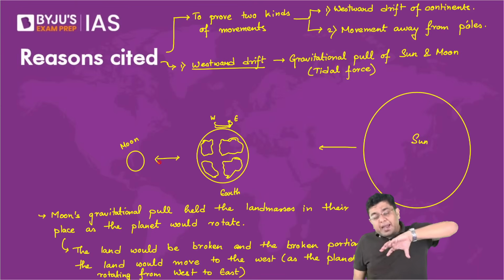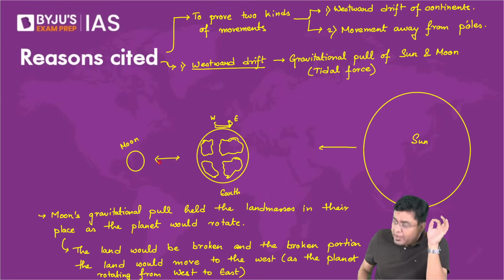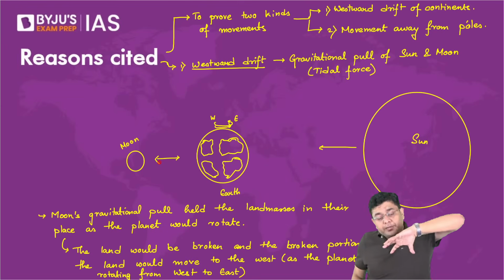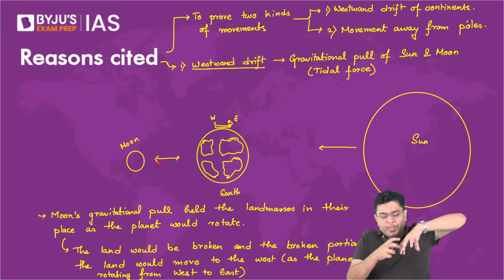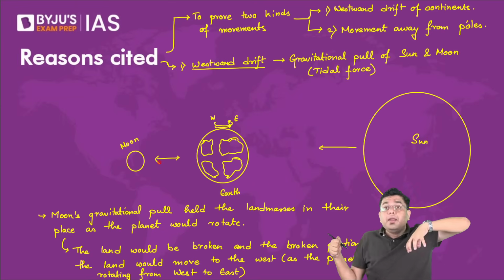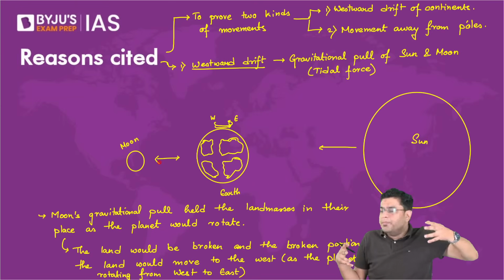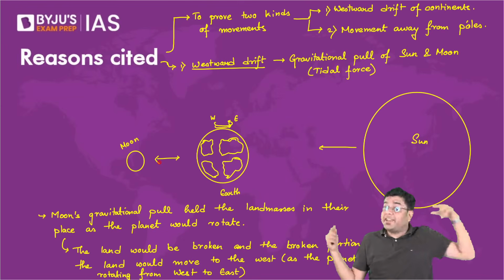And as the planet would continue to rotate from west to east, again, I would say, focus on the part that the planet is rotating from west to east. Lay your attention on that particular portion. So if the planet is rotating from west to east, let's suppose here I have a landmass. Now here I have the moon. Moon is attracting significantly the landmass. Moon is not able to attract the entirety of planet Earth, but it is attracting the landmass as per Wagner.